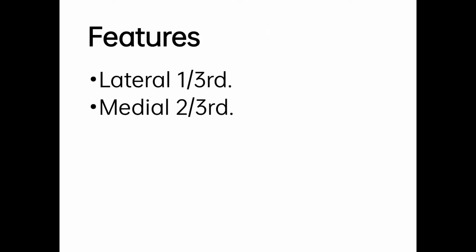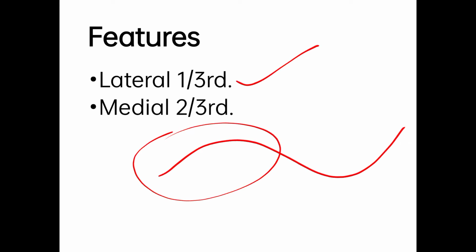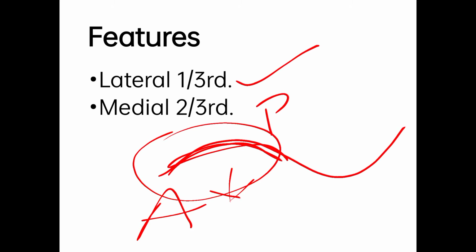Now features of the shaft. The lateral 1/3 of the shaft is flattened from above downward. It has two borders, anterior and posterior. The anterior border is concave forwards. The posterior border is convex backwards. This part of the bone has two surfaces, superior and inferior. The superior surface is subcutaneous and the inferior surface presents an elevation called the conoid tubercle and a ridge called the